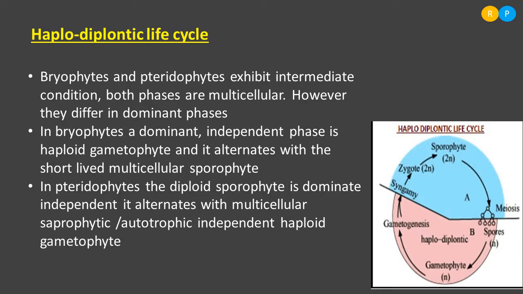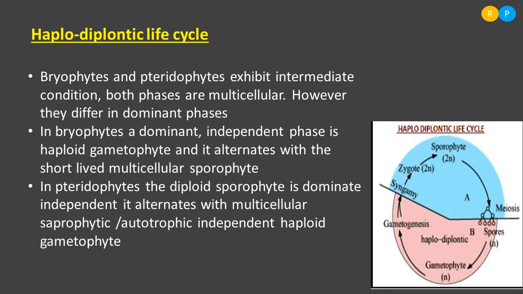So what division helps in the gamete formation here? The gametophytic plant is haploid, so it undergoes mitotic division in order to form gametes. And those gametes by means of syngamy produce a zygote. The zygote is a diploid cell and it again gives rise to the main plantlet. So this is how the life cycle can be seen in pteridophytes.